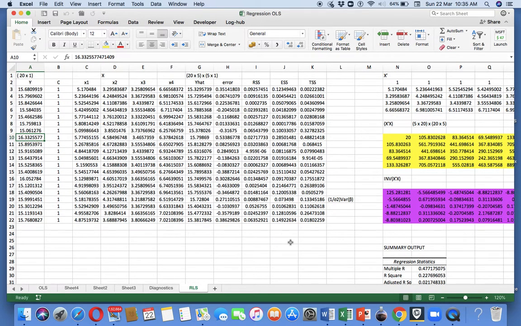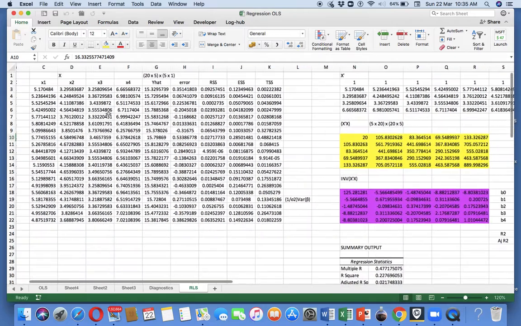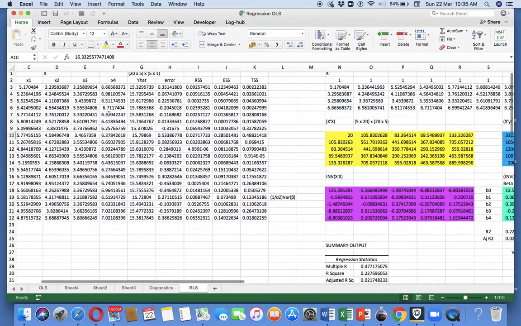Using an Excel sheet. Now here I've generated a new set of data. So you have 20 values of independent variables, 4 explanatory variables, and 1 column for constant. And just like we did earlier, I take the transpose of it,